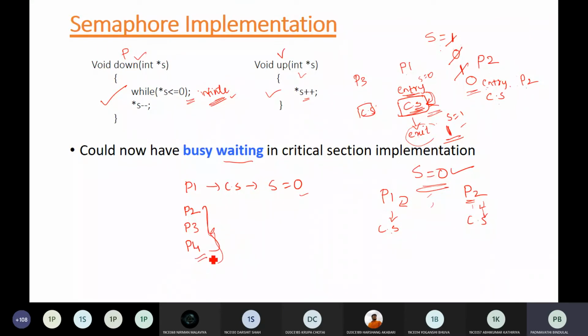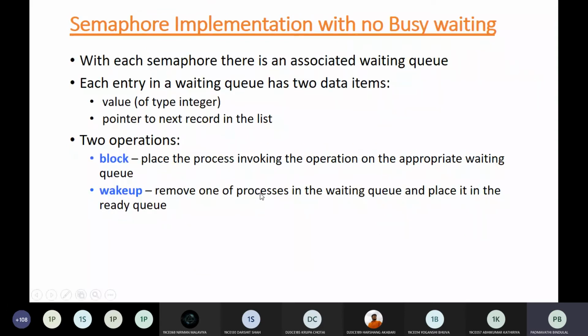To avoid this busy waiting state, we can maintain some queues. In the queues you store these waiting processes, and wake them up whenever your semaphore is ready. You include this logic within the down and up operations themselves. So if you don't have the option available to execute in the critical section, put the process in the queue. When the option becomes available, you use the up code to wake the process up and execute in the critical section. That is our next concept.